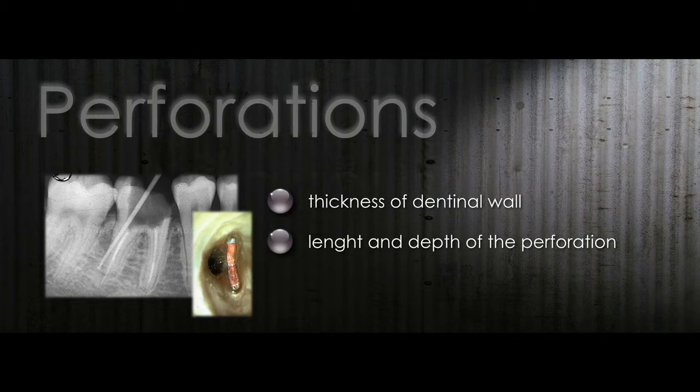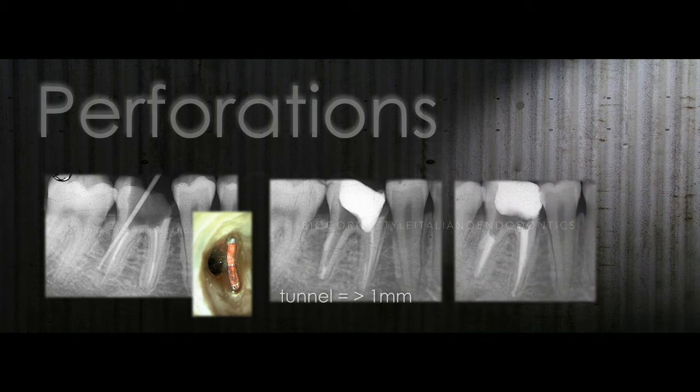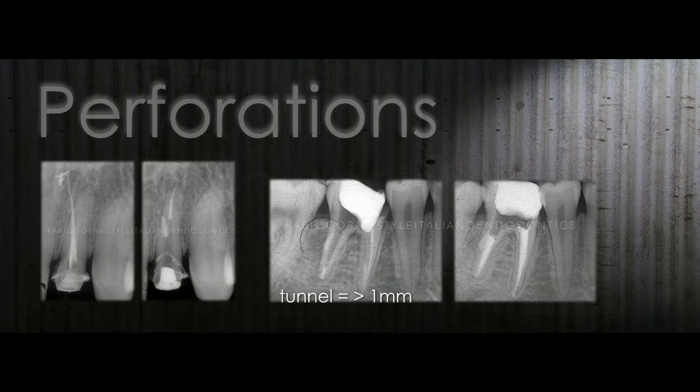So that's why, when we talk about the thickness of the dentinal wall, we have to include also the length and the depth of the perforation, because it's completely different when we have a tunnel. Most of the time, this kind of problem is created by the preparation of the dowel space, so with burs, and that's why we have a tunnel. And when the tunnel is greater than 1 millimeter, we have a favorable situation because we have space for our material. So we can push the material inside of the tunnel and have enough space to create a greater